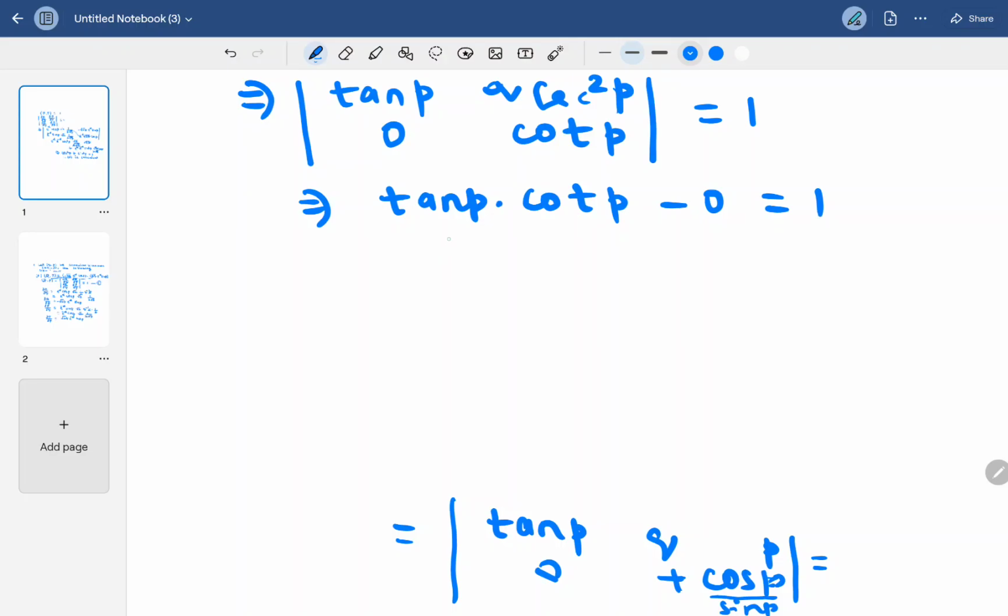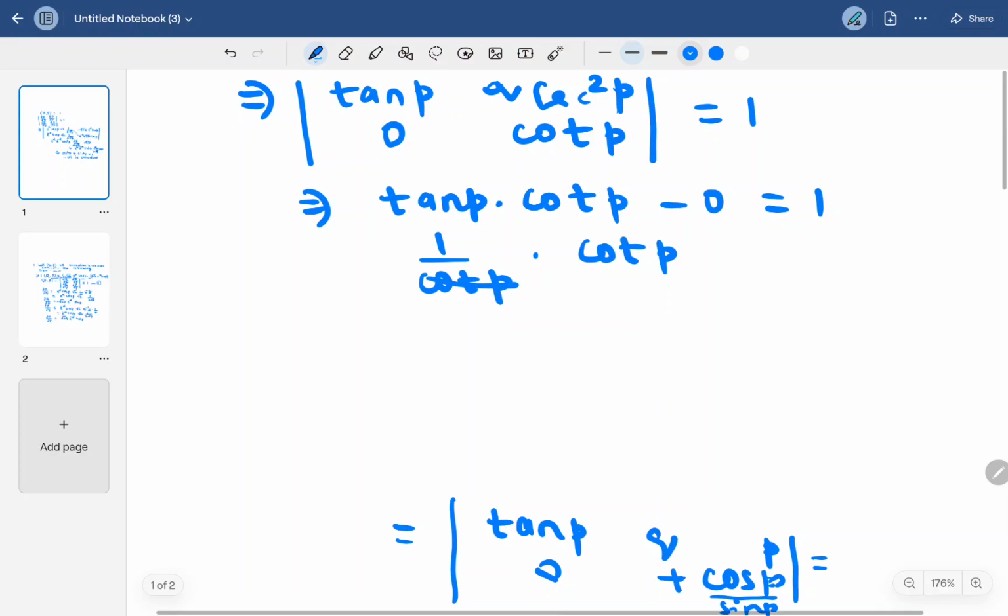What is tan P into cot P? Tan P is nothing but 1 by cot P into cot P. Cot P will get cancelled. The answer is 1. For this transformation B